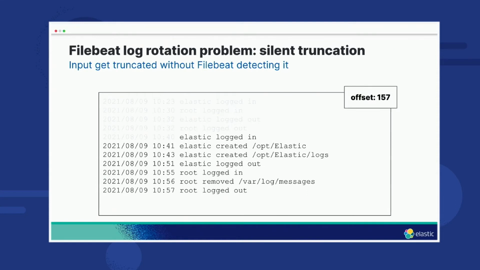The entry in the registry is not updated, so the beat tries to read it from the previous offset. But as you can see, the beat continues reading from the middle of a line. That is a mistake. FileBeat should have started from the beginning of the file. Unfortunately, these errors are extremely hard to diagnose because all we see is partial lines or parsing errors in FileBeat